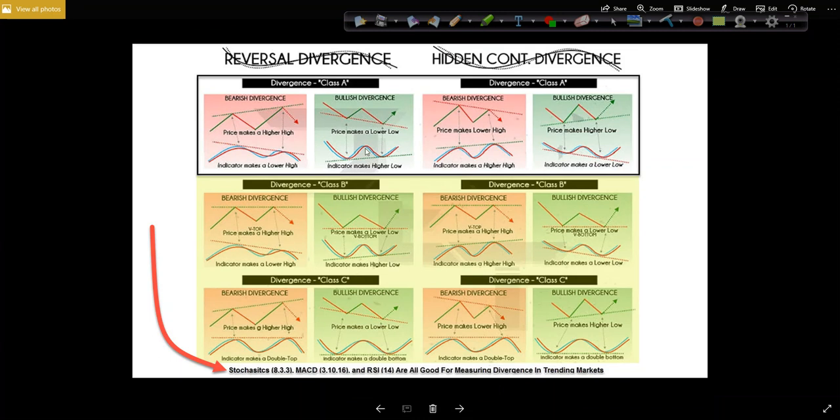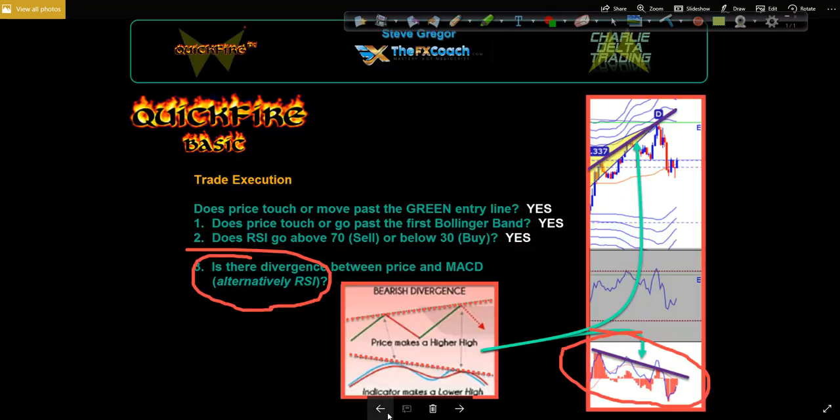Here's the shot from the training where we talk about divergence reversal and hidden divergence for continuation. And in fact, I took this little block here and superimposed it on this chart here, because in this chart, price was moving up and MACD was moving down, and that's the exact same we had here, and we understand that's bearish divergence, which means price is going to drive south, just as the arrow shows in this diagram. So from up here, we're expecting price to come down. That's why this is bearish divergence. It's opening up like a big funnel.